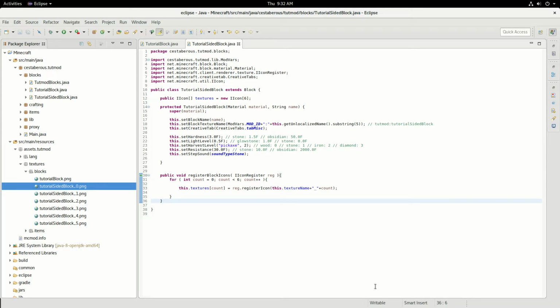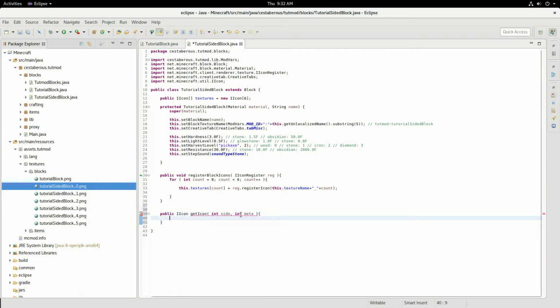So we've written the function that overrides the parent function and registers all 6 of our textures. Now we need to override one more function to tell Minecraft to actually use 6 different textures on this block, and that's the getIcon method. That method is called by Minecraft when it's looking for a texture for a given side. It is public, returns an icon interface, and is named getIcon. It takes 2 arguments, int side and int meta, and the metadata variable is something we will